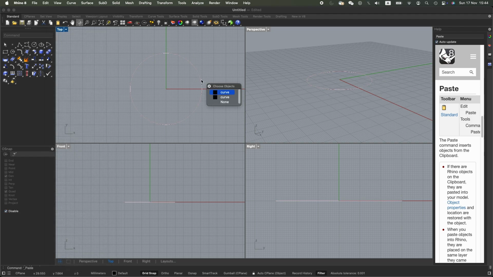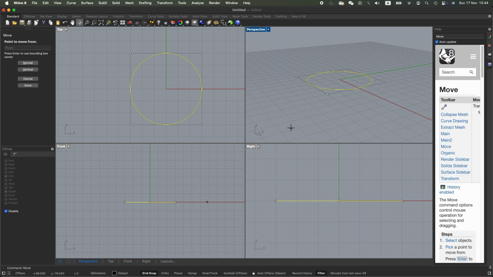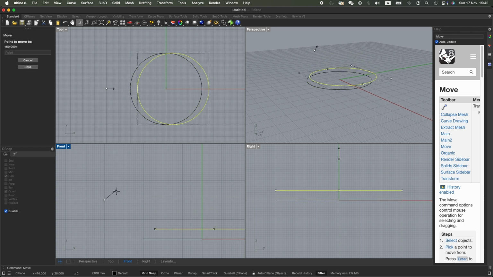Now if you select this, you will see two curves. So you just need to pick one, it doesn't matter which one. And we are going to move it up. So I'm going to type move, and I don't need to finish typing. It will give me a selection of menus that start with those characters that I just typed. So I'm going to press enter, and now I need two points of reference from where I'm going to move it to where. So I can click on any point on the grid here,